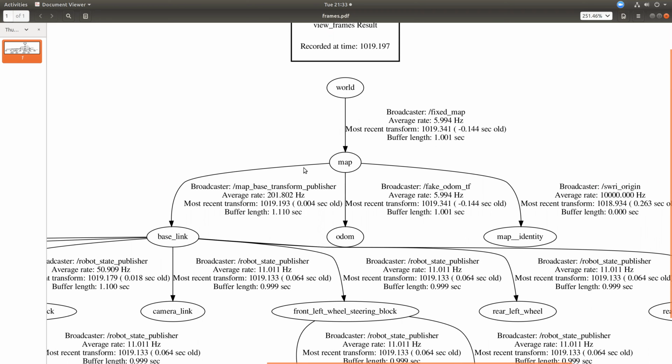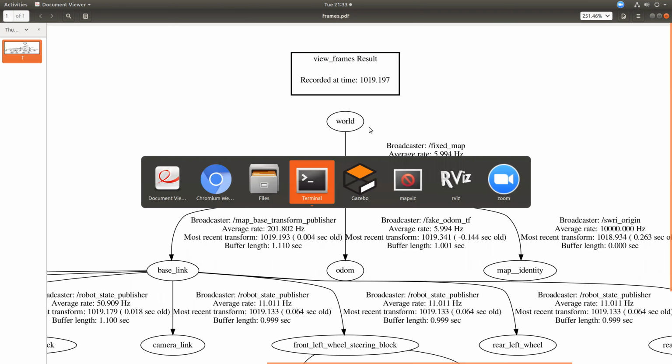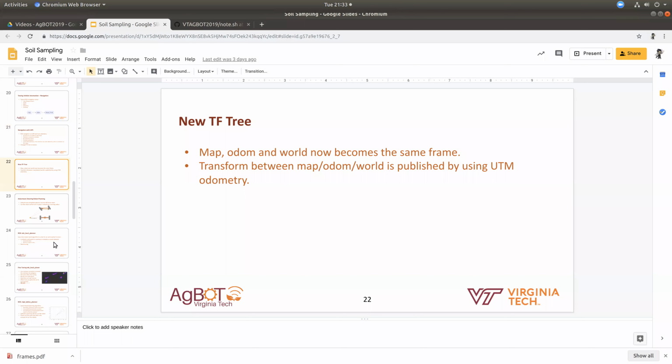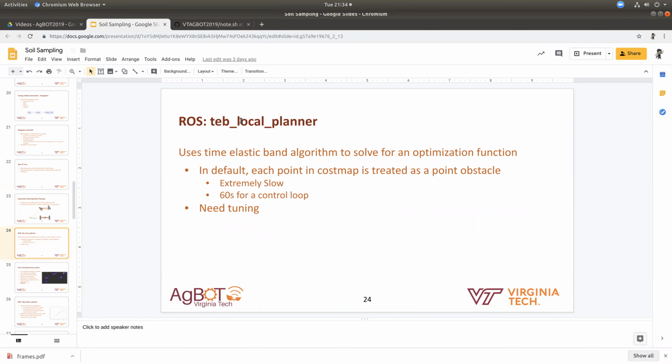But in our actual system, I can just get both pieces of information from the same topic, so we don't have to do that separately. But in the simulation, we do that separately. And so the next thing I did is